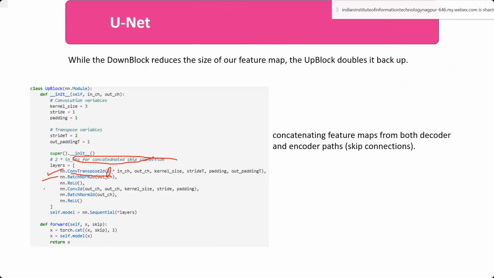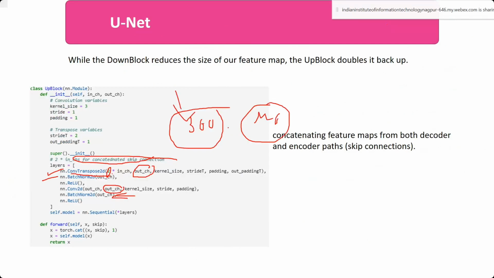Then you have batch normalization. You apply batch normalization on this output channel. Whatever output channels you are generating, you do it batch-wise. If 300 images are there in one batch, you take all these values of the 300 batch samples, calculate mu and sigma, and accordingly normalize your data. That is batch-wise normalization. If you have 120 images in one batch, you take all the channel values of those 120 images, calculate the mu and sigma, normalize the data, and then apply the ReLU activation function.